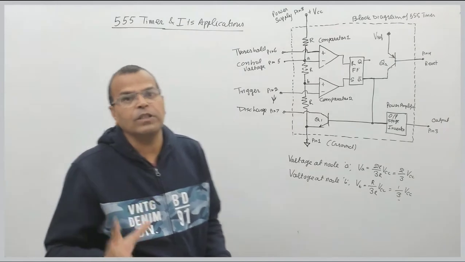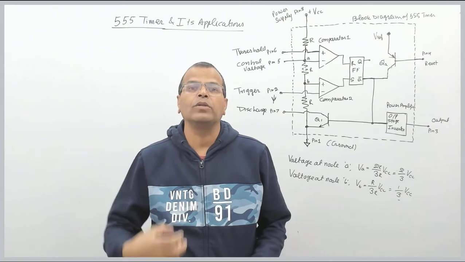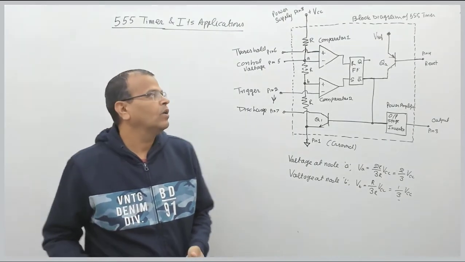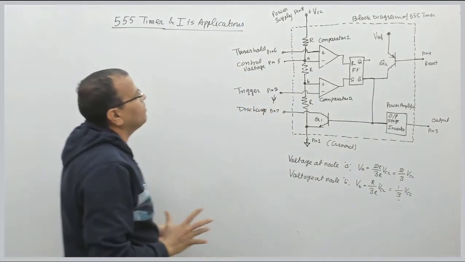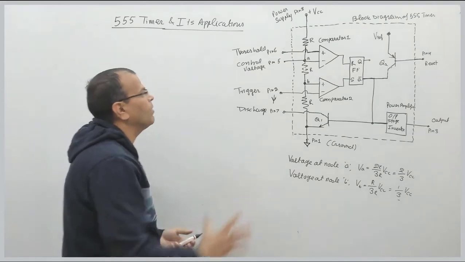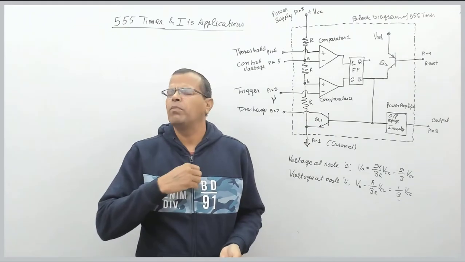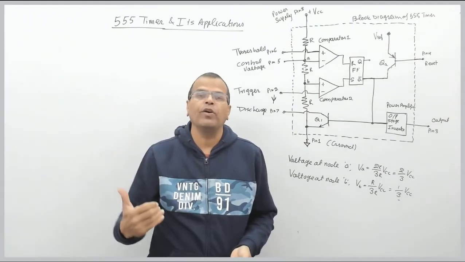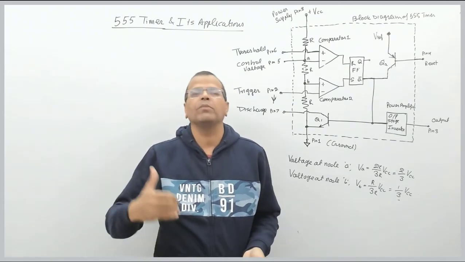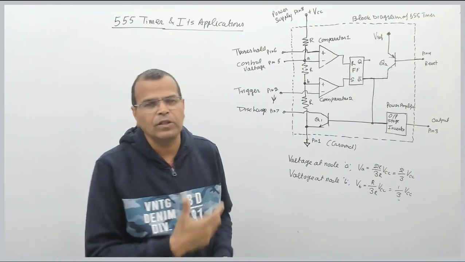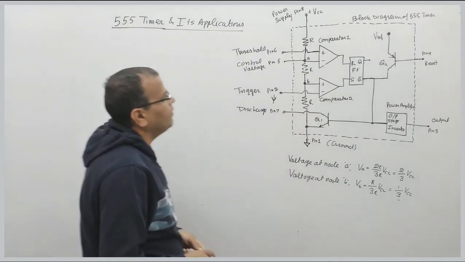That sequence of events is important for understanding the operation of different waveform generators using 555 timer. We will see that one by one, but that finishes the functional block diagram of 555 timer. You should remember this functional block diagram. If you don't remember the functional block diagram of 555 timer, it becomes almost impossible to understand the operation of the waveform generators using 555 timer. That is astable multivibrator, monostable multivibrator, and so on. We will see those generators one by one, but that finishes your 555 timer.